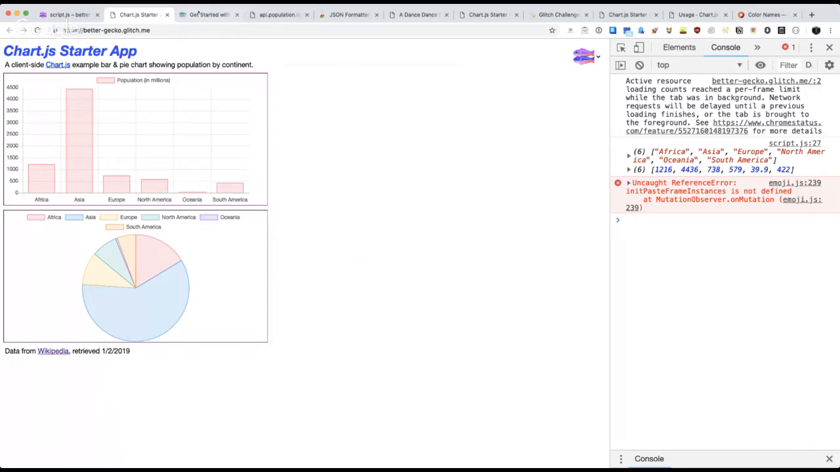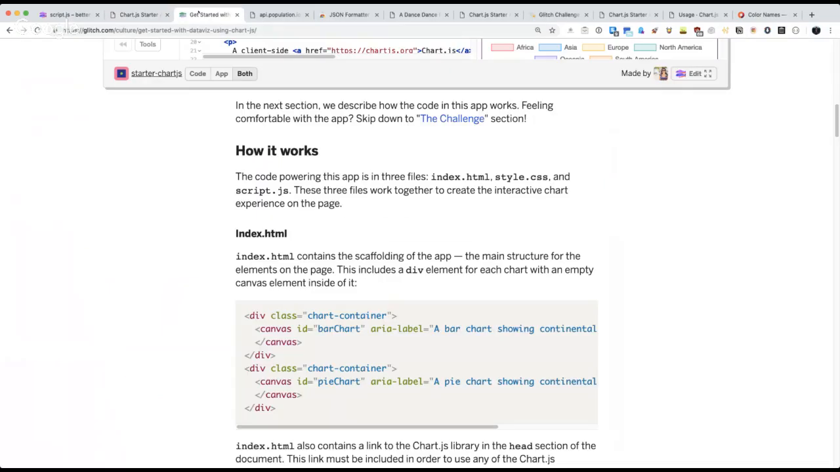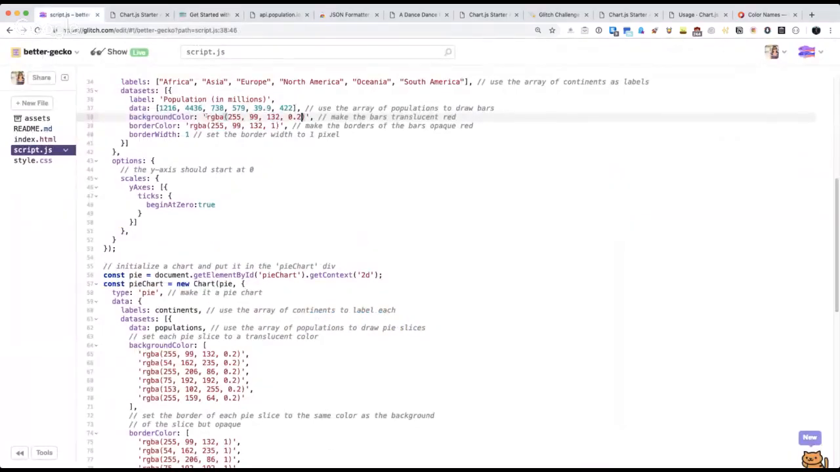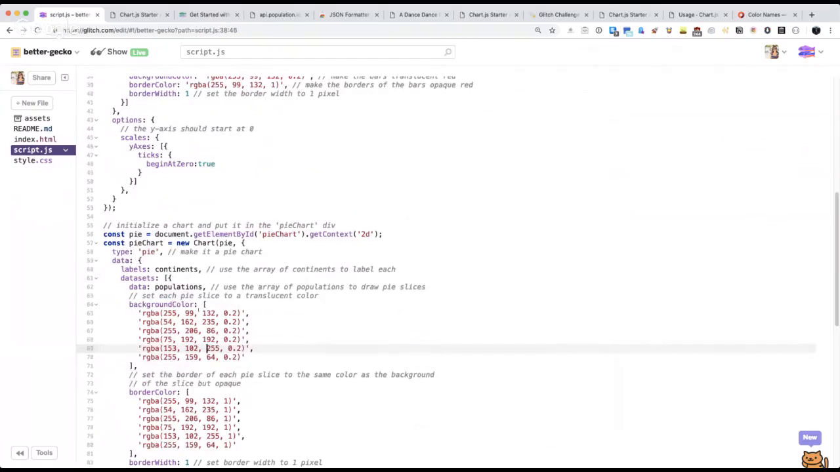You just have to use here, instead of doing one color value, like in the pie chart down here, we have an array. You can tell because of the square brackets. It's an array of different color values, and if you notice, there are 6 color values, the same way that there are 6 continents and 6 populations. It matches the number of elements that are actually going to be on the